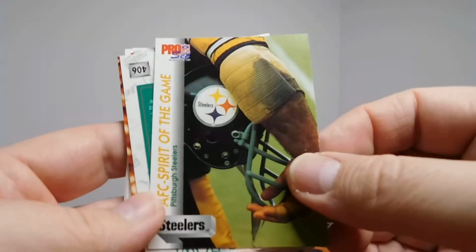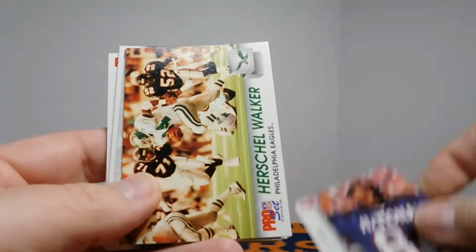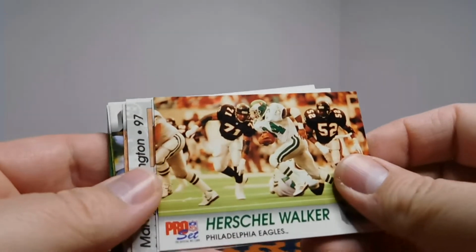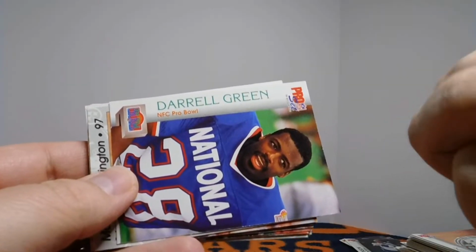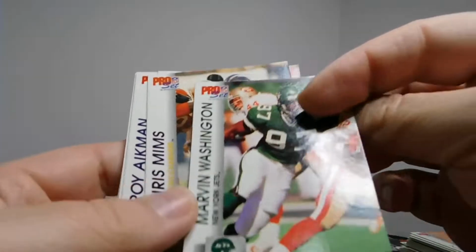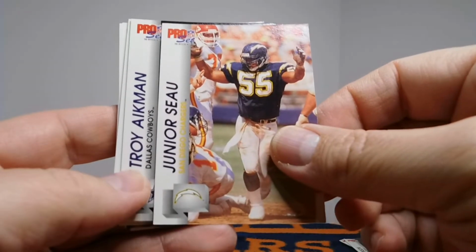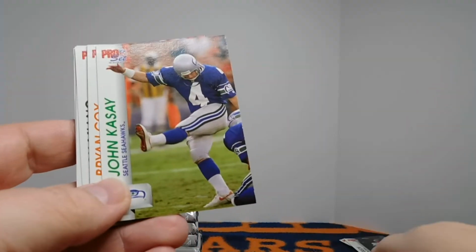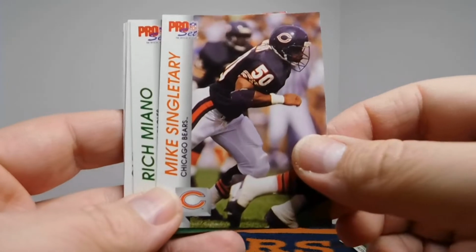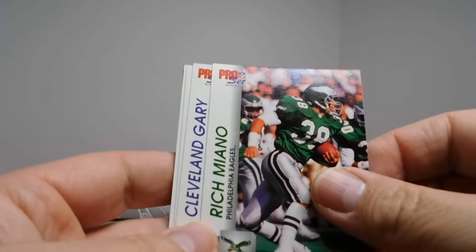If that's really true, I read that somewhere, but thought that was pretty funny. There's a cool looking Spirit of the Game card. Got a Gary Clark Pro Bowl. Herschel Walker with the Eagles. Pretty cool card there. He had some very good years. Darryl Green, Pro Bowl. Marvin Washington, Chris Mims, Junior Seau, another Troy Aikman. So back-to-back Hall of Famers there. Brian Cox, Mike Singletary, very cool. Love having that one. Rich Miano,